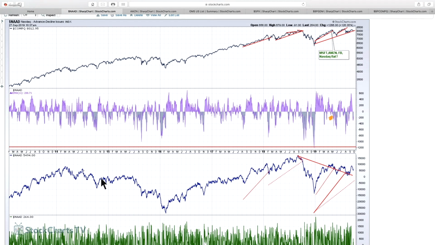But what you see here is in 2015, how it went sideways for a while and then just literally broke down. And what actually happened here was this uptrend broke, then this uptrend broke, and down you went. So now we had this big giant uptrend. It broke last fall, and now we made lower highs, and we recently made a briefly higher high, but let's just call it the same area. And so to me, it's a lot like we're over in here. And now we can draw an uptrend across the bottom of these points. And if we start to fail here, that would obviously be more difficult.